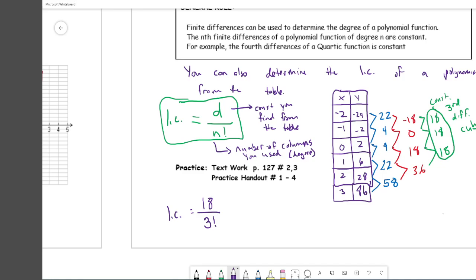So for instance, if I asked you to do 5 factorial, you would do 5 times 4 times 3 times 2 times 1. If you were to do 8 factorial, you would do 8 times 7 times 6 times 5 times 4 times 3 times 2 times 1. Okay, that's 8 factorial. Here, we're just looking for 3 factorial. So 18 on the top divided by 3 times 2 times 1, which is 18 over 6, which is 3. So we know the leading coefficient of this cubic